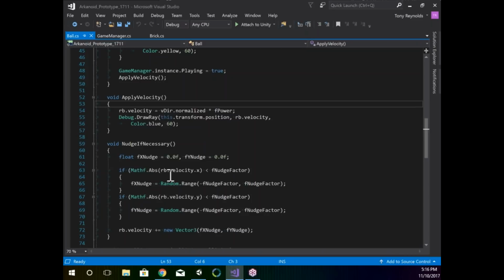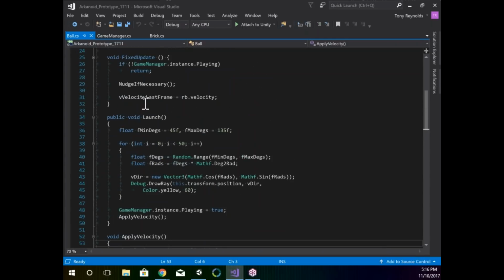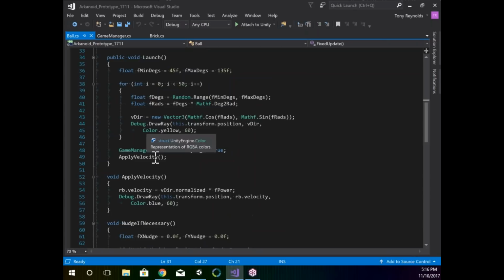So as I'm running through this level, or as I'm running through this code and I'm bouncing the ball around the level, and I start doing this fixed update to calculate our previous frame's velocity, I also want to do one quick update down here inside apply velocity. Now, the game will probably run fine, but this was a bit of code that I accidentally left out of the last lecture. So all I need to do is say